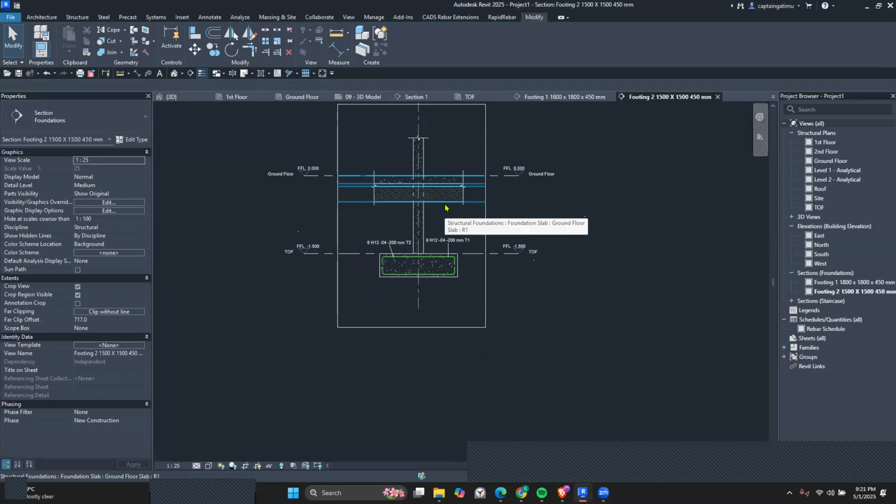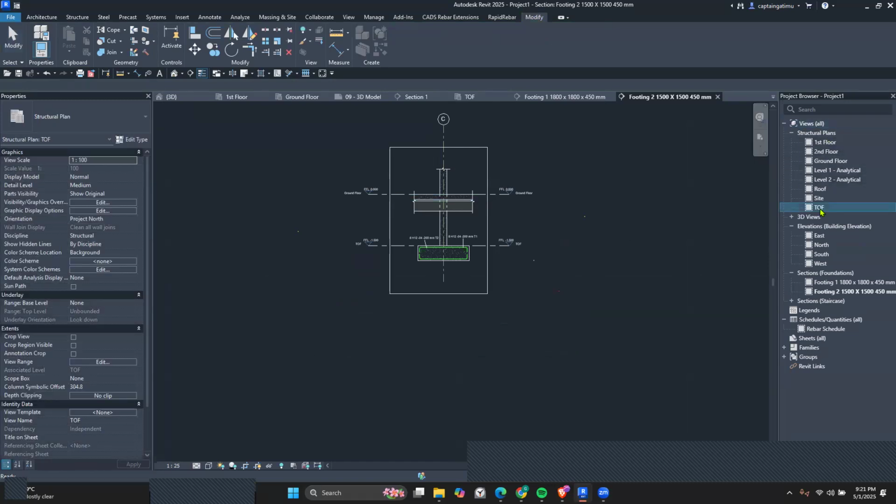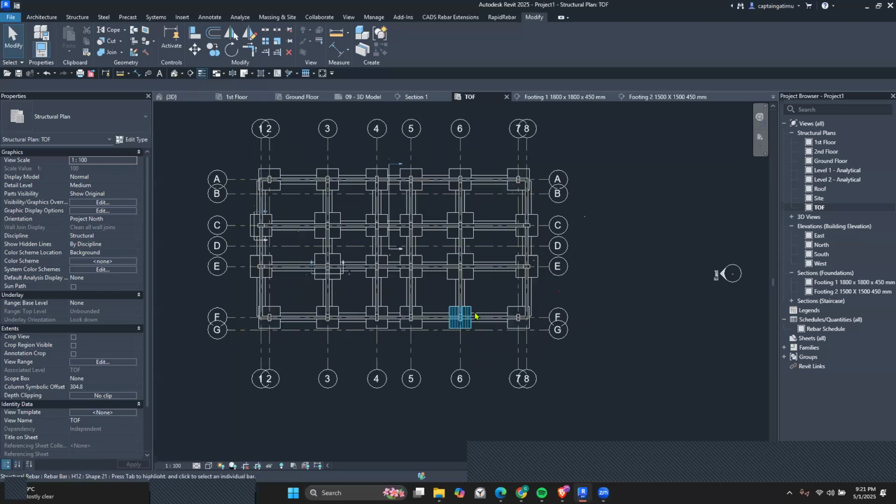All right, so we will continue. I think time is really running fast. So next thing that we're going to do is to model a rebar for a column. And this is even going to be easier, but I'll also get a chance to introduce you to something new. So I'll go to the top of foundation. And at this point, I'm going to